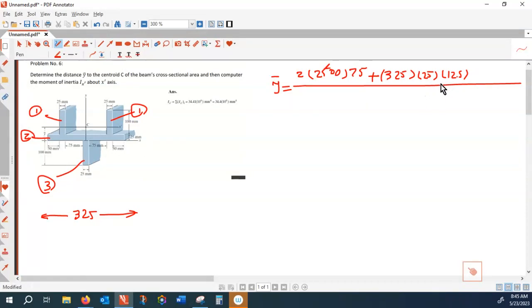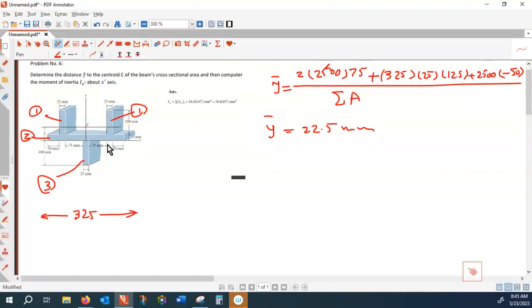And we still have to include the last shape. The last shape is 100 multiplied by 25, that is 2,500, and the centroid of that one is minus 50. And that's divided by the sum of the areas. So if you calculate this, y bar is equal to 22.5